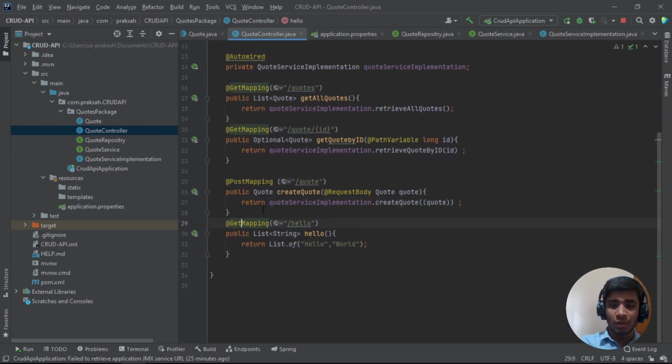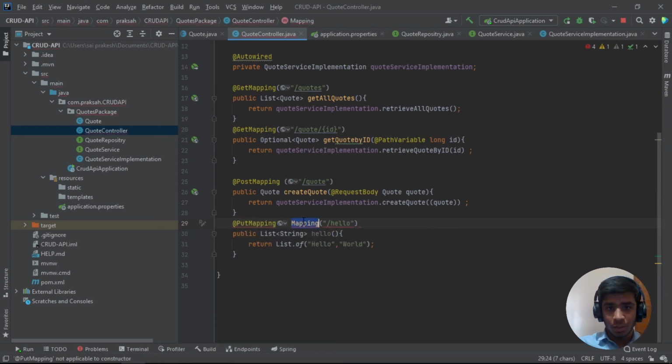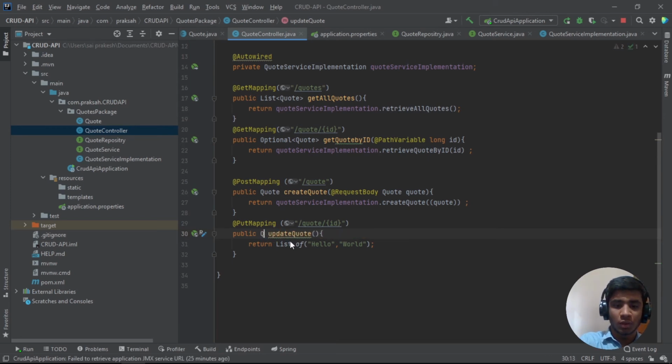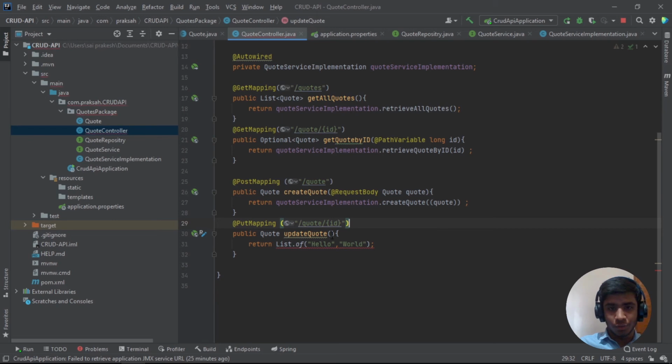Yeah, I think we also have to do the put mapping. Put is for updating, right? So put mapping, take this mapping and code slash, it also has to pass the ID. So which code does he want to modify, right? So let's simply call it update code. And what is going to be the return type? The return type is going to be the code itself,